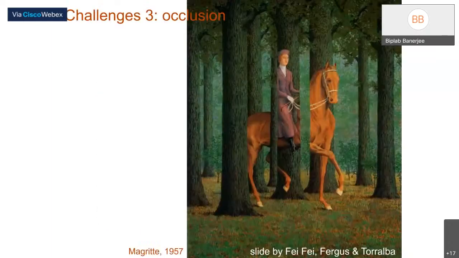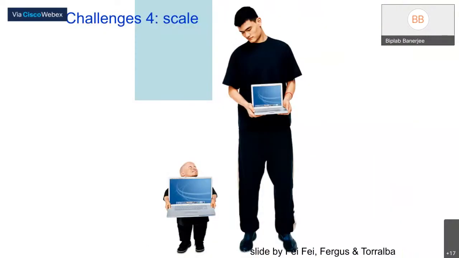Then the third one is occlusion. Occlusion is quite common, like if you have multiple people in a scene, or some object is occluded by another. This may hamper the recognition performance. But since deep learning techniques extract features on a part basis, from object parts, and then aggregate them, they can handle occlusion to a great extent. Then scale invariance, of course, since the objects in training and test data may have different scale. So how do we ensure that the features are scale invariant?